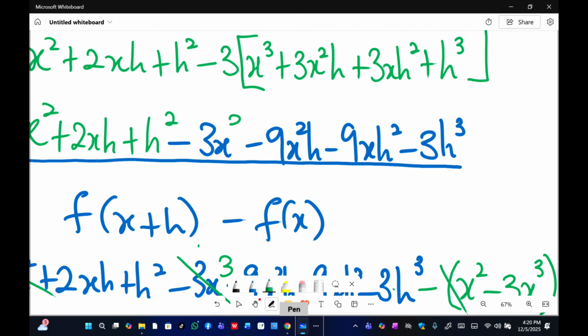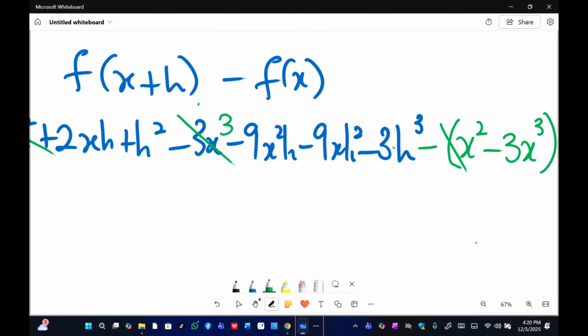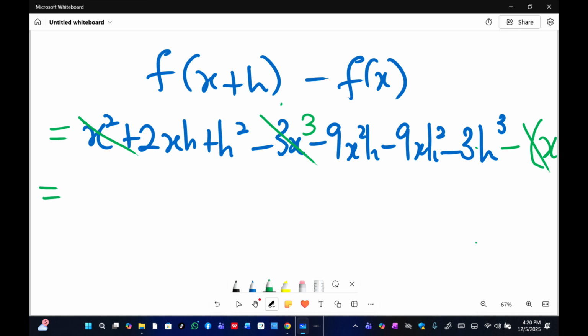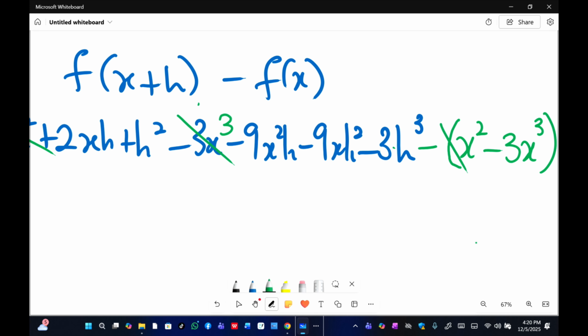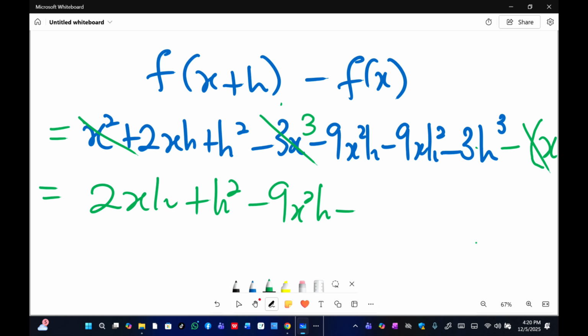So here should be power 3, not 2. Okay, so negative 3x cube minus negative 3x cube will give us 0. So they will cancel each other. Let me see if we can cancel another one. Okay, that's all. So we are left with 2xh plus h squared minus 9x squared h minus 9xh